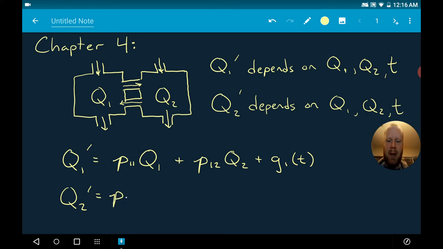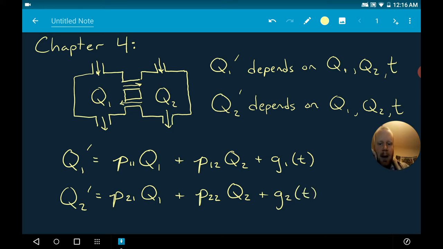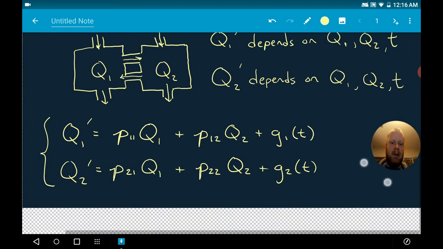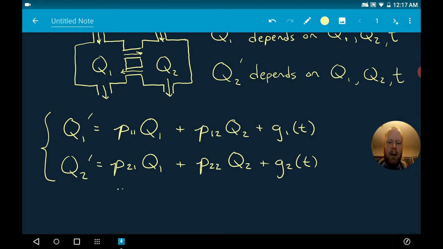So here we have some other function of t times Q1 plus some other function of t times Q2 plus G2 of t. And together, what this forms is what I'll call a system